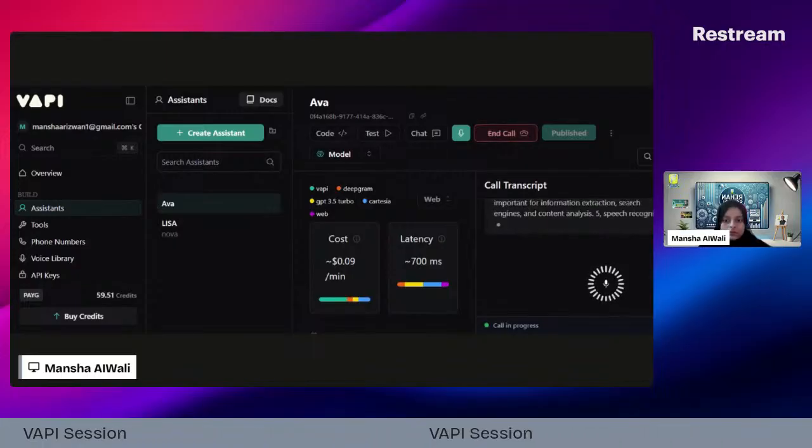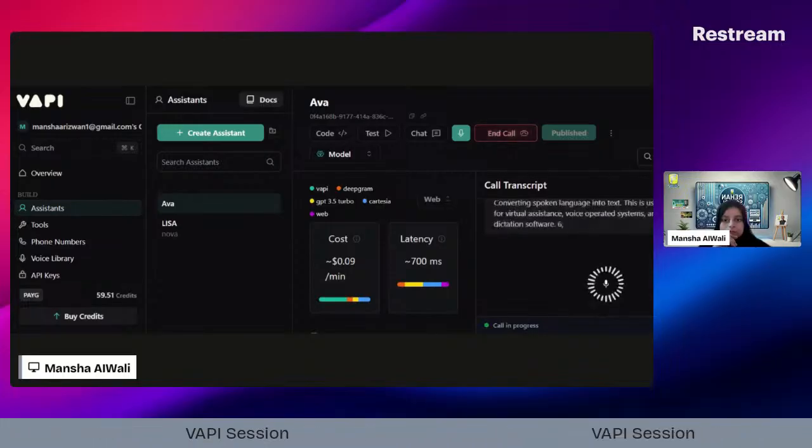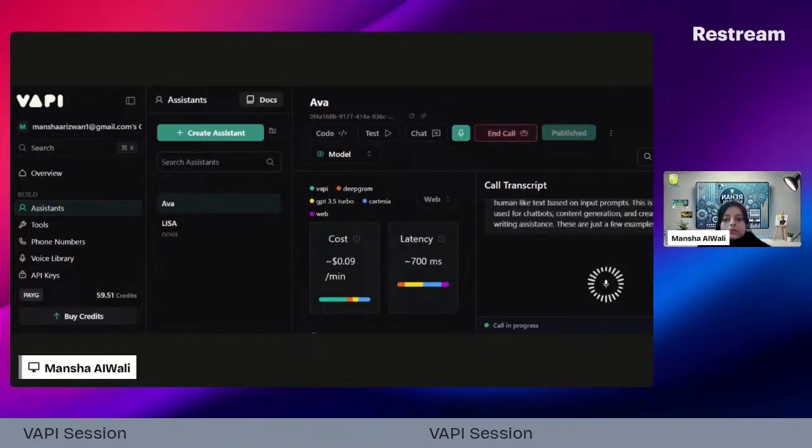Speech recognition, converting spoken language into text. This is used for virtual assistants, voice-operated systems, and dictation software. 6. Text generation, creating human-like text based on input prompts. This is used for chatbots, content generation, and creative writing assistants. These are a few examples, and NLP is also applied in areas such as question answering,